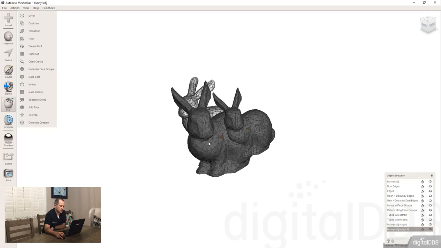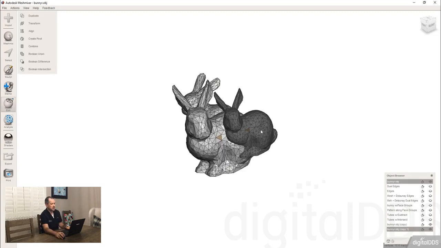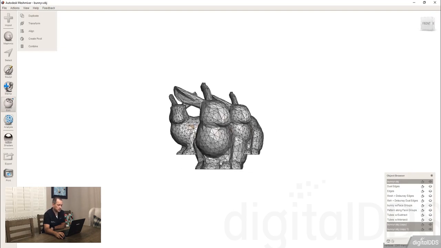Okay, so we've got these bunnies right here, and the tool that I want to talk about is this one called separate shells. Separate shells is the opposite of the tool that we call combine. So you have combine and you have separate. Combine, separate. And if we select all these and hit combine, which I learned, I didn't know this, but I